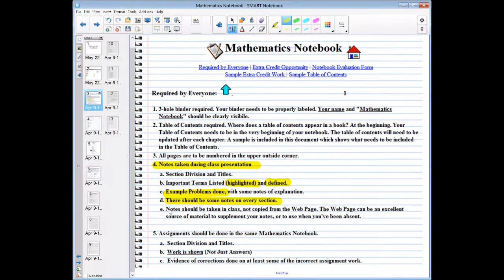When you look on one of the web resources, you'll see I already have notes. Please don't just copy those. I wrote those. I don't want to see those notes. Got it? And then after your notes are done for a section, we want you to put your assignments right